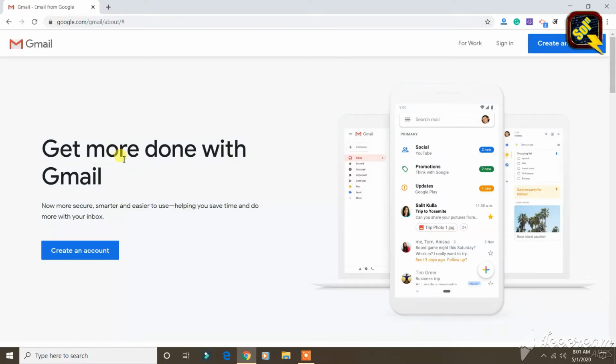A page like this will open where you can see the logo of Gmail as well as the name and a few options like for work, sign in, create an account, and here also you have the option to create an account. You can click on any one of these links to proceed further. We will click here on create an account.